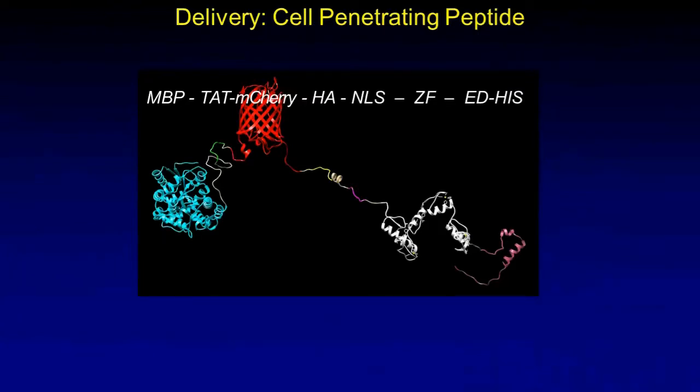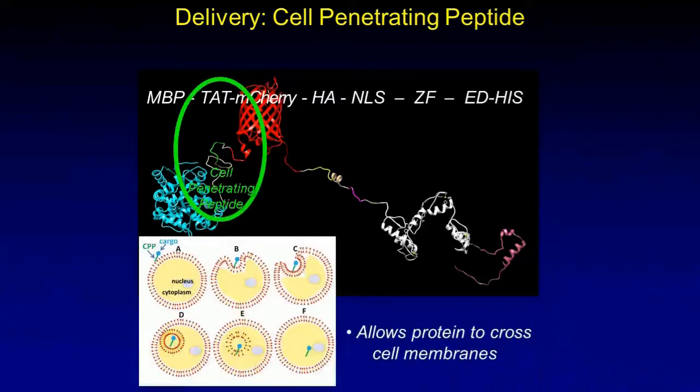So having shown that we could make some transcription factors that could alter the endogenous gene expression in a culture dish, we needed to think about how this might actually be used in a therapeutic sense. And that brings us to the important delivery issue. In this case, we thought that we could deliver our therapeutic protein as protein by attaching a cell-penetrating peptide, in this case, the TAT peptide of HIV. So a cell-penetrating peptide is any kind of peptide that can endow its cargo with the ability to cross membranes. And in fact, many cell-penetrating peptides could drag in, say, GFP or something like that.